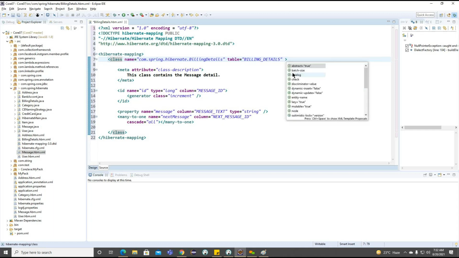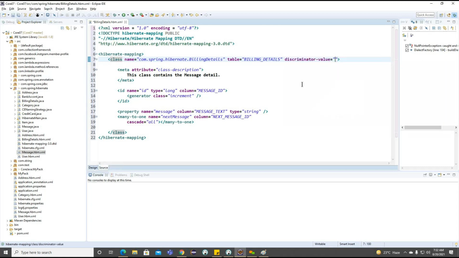And now if you observe, we'll have one property here, the discriminator value. Getting the point? So discriminator value. Based on this discriminator value, we'll try to differentiate. So this value for the credit card, or for billing, what we can call it as a bank account here. We can go for the bank account here. So this is how we are going to differentiate. For this BillingDetails, I'm making it as BD. So this BD is going to differentiate only the BillingDetails information.